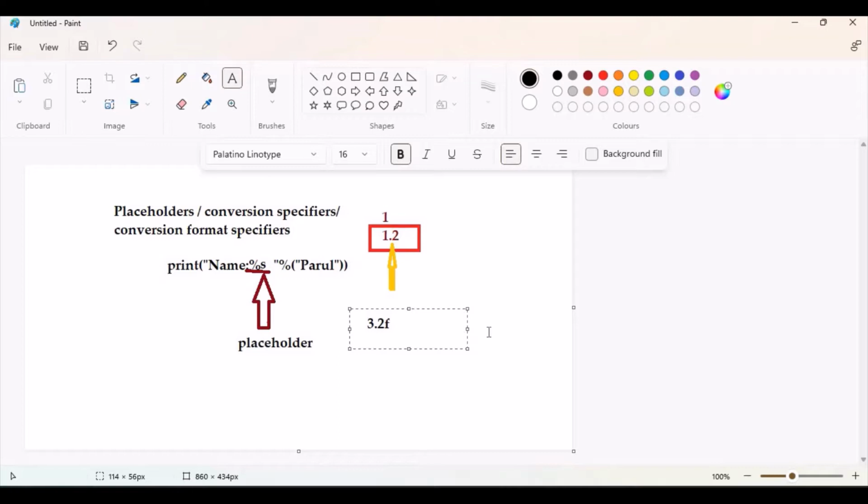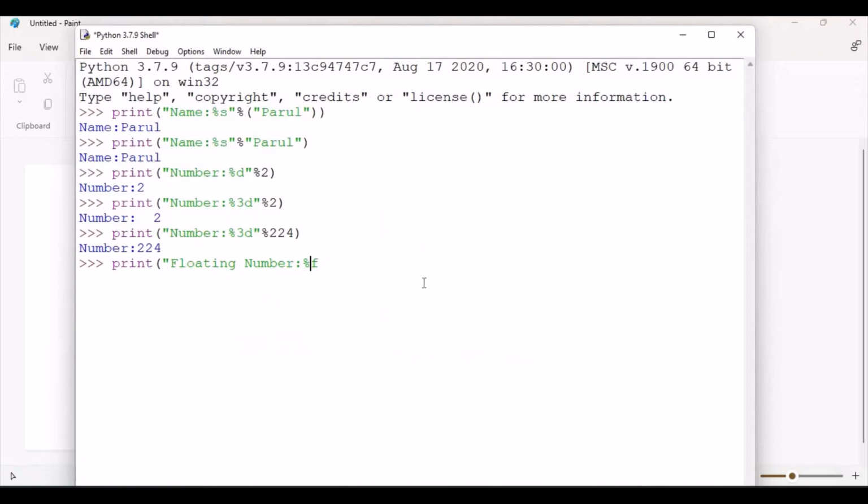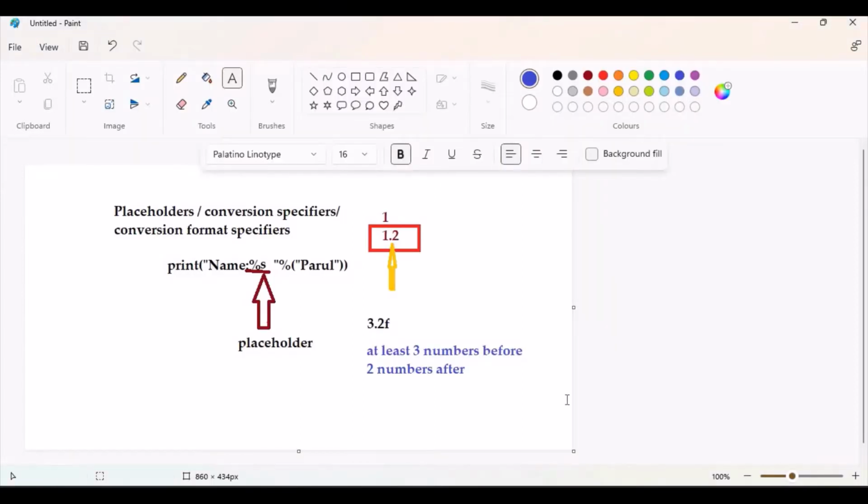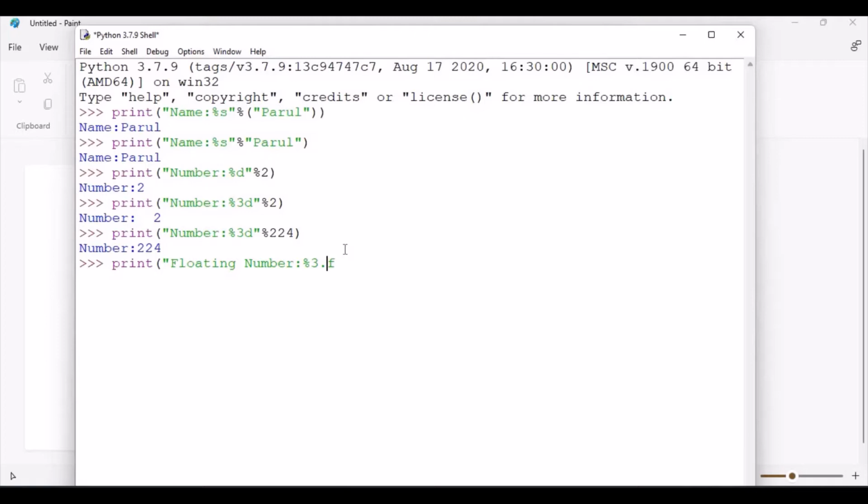Just remember, at least, 3.2 would mean 3.2f, and you can change it. It's not a constant here. You can change this value. You can have 4.4, you can have 4.5f, you can have 5.2f. So 3.2f, what does it mean? It means at least 3 numbers before the point and 2 numbers after. Okay, so let me write, what was it, 3.2, yeah, 3.2, right? So 3.2f,